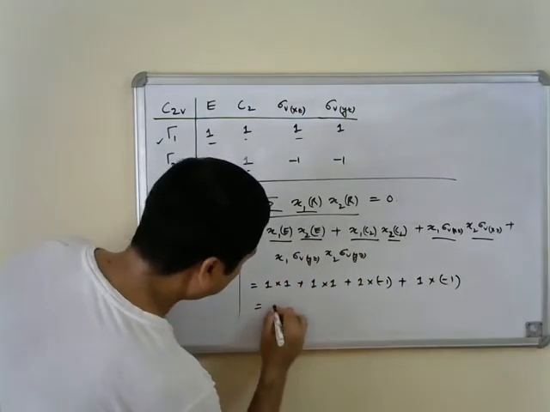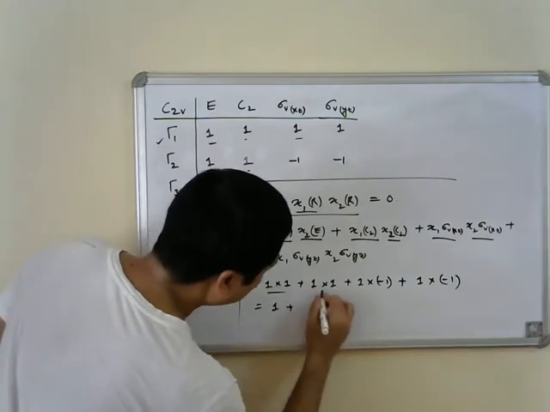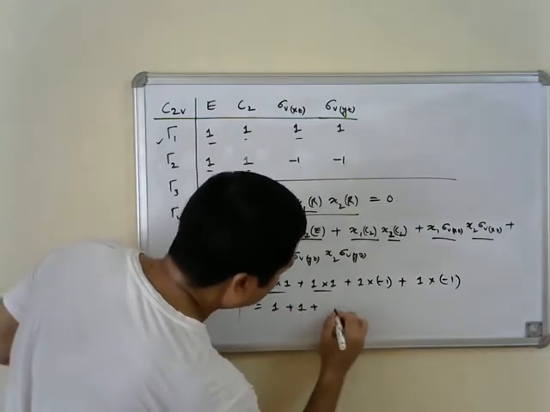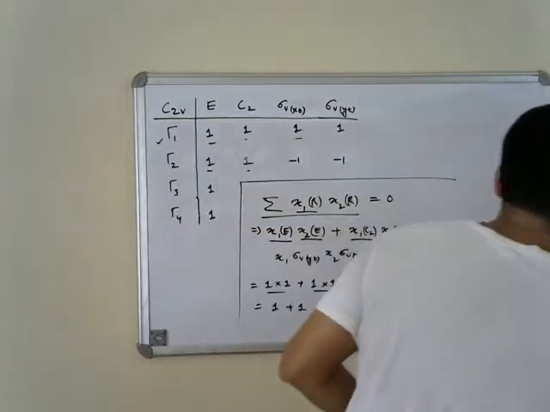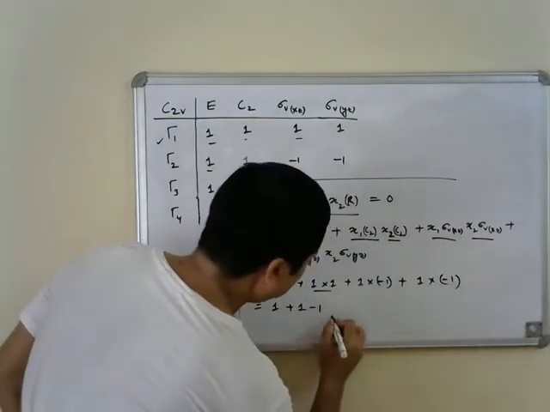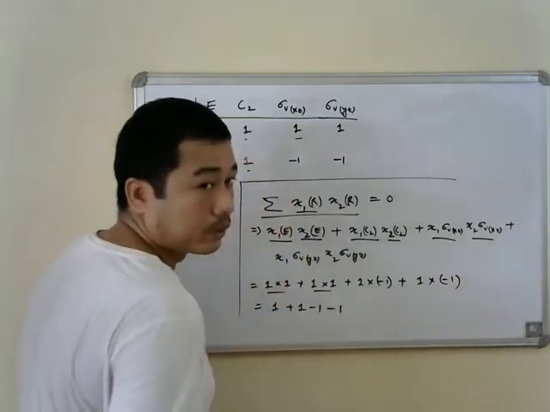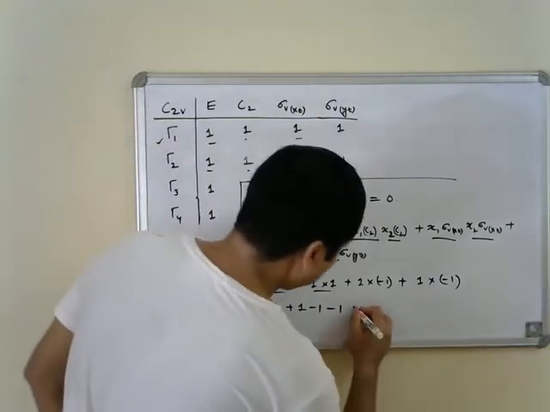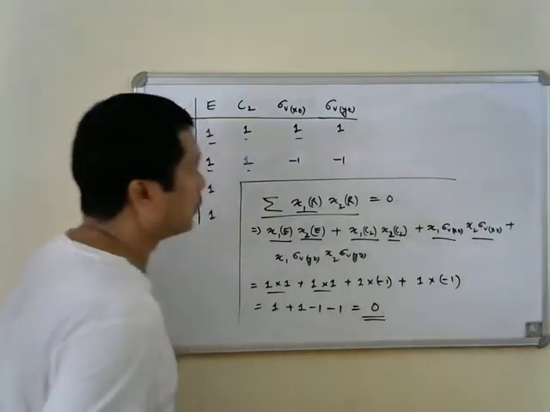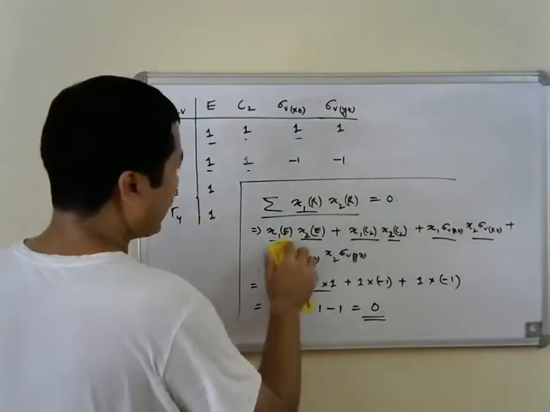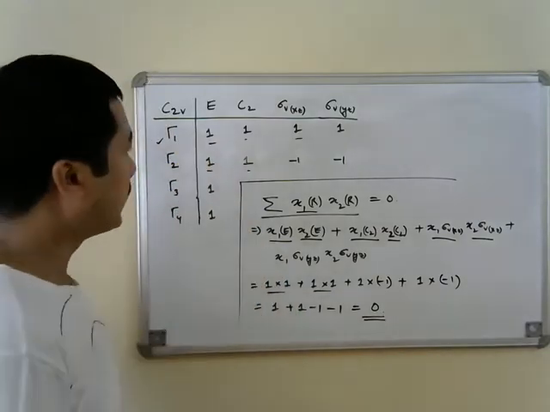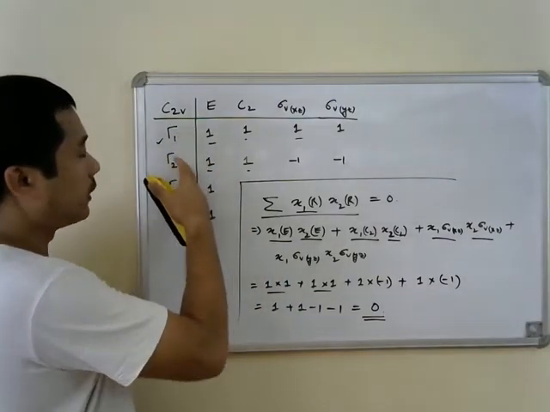So what we get is 1 here, 1 from here, and this is going to be -1, and this is also going to be equal to -1. So the answer we will get is equal to 0. So this essentially tells us that these two irreducible representations that we have already seen written over here